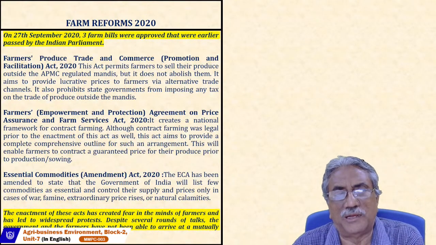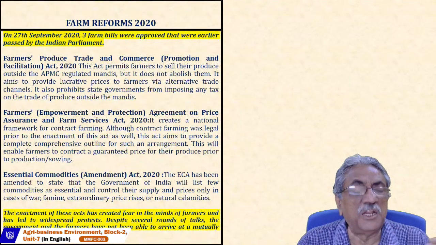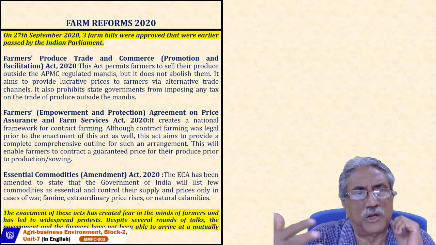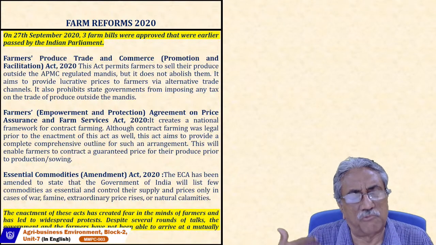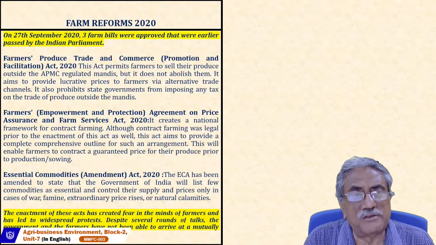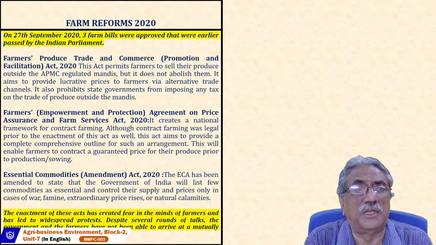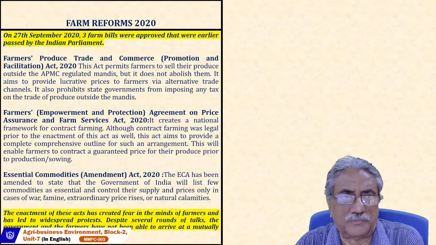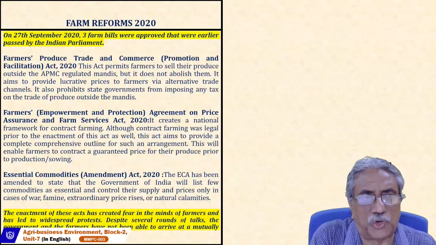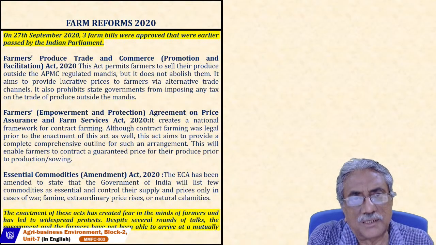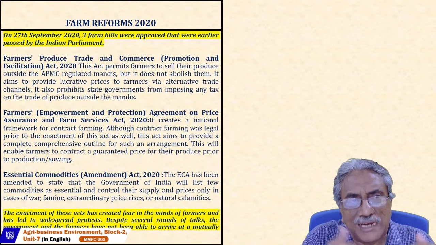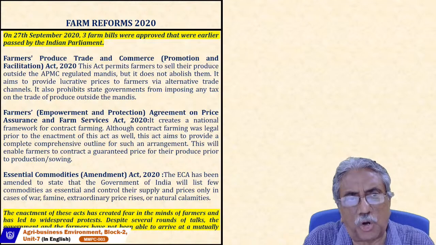And the people in the mandi may be in connivance with the outside buyers, and can say, no, we have no money, we cannot buy now at minimum price, we have not got funds from the government, etc. So there is no assurance that the system will work in benefit of the farmers. Though the intention was that the farmers get another channel to sell their products at a higher or lucrative price via alternative trade channels without tax. But in reality, that's what farmers brought out.